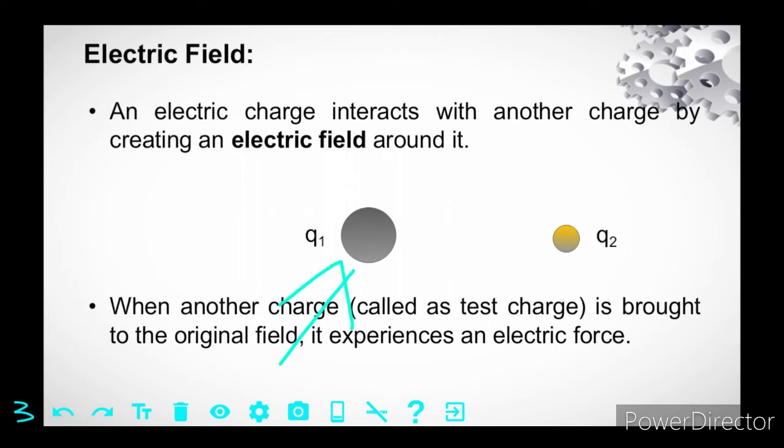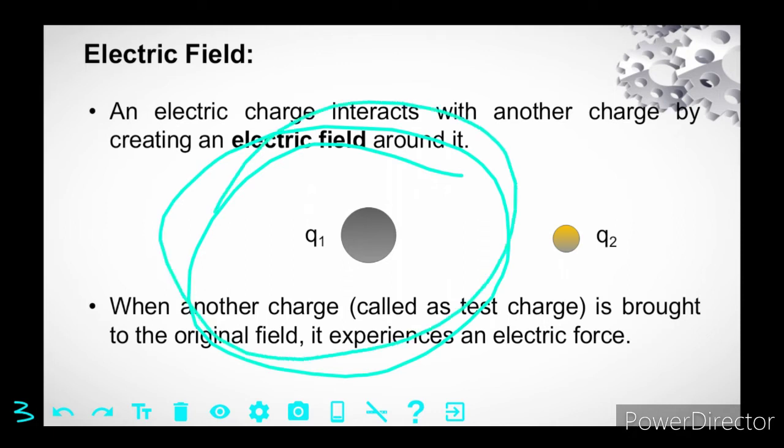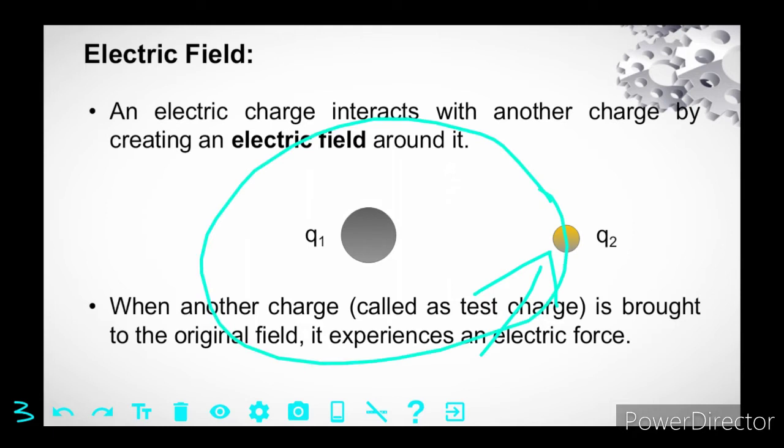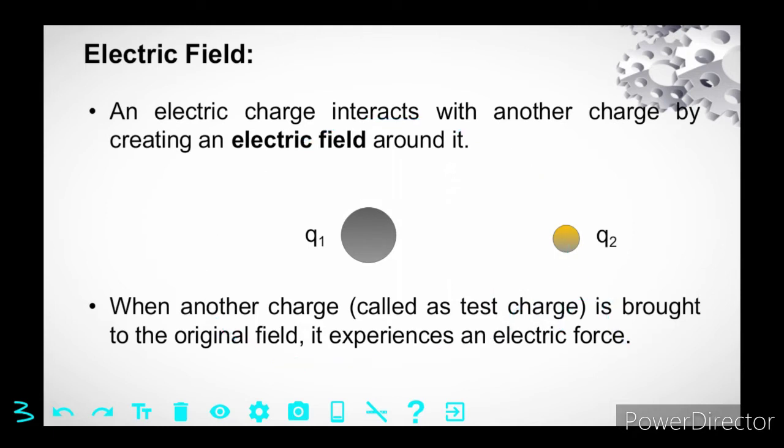When a charge is present, say Q1, then we say that an electric field is generated around this charge. When another charge, known as the test charge, enters this field, the test charge experiences a force.